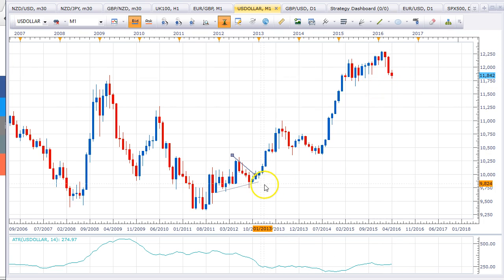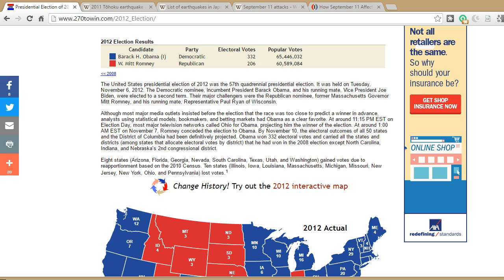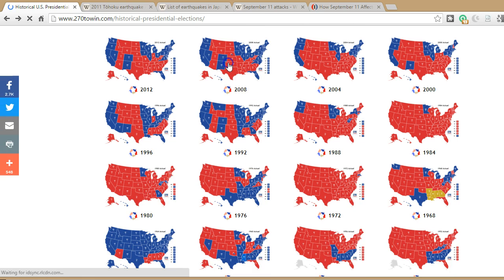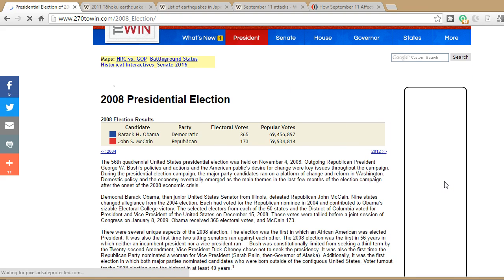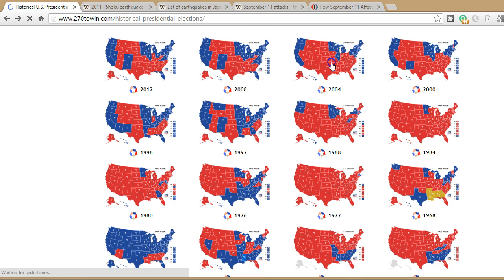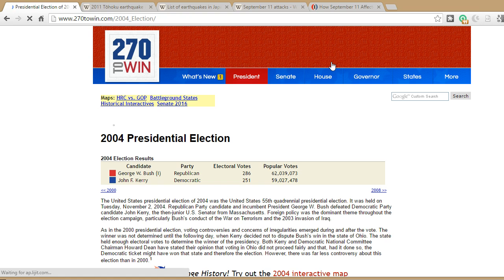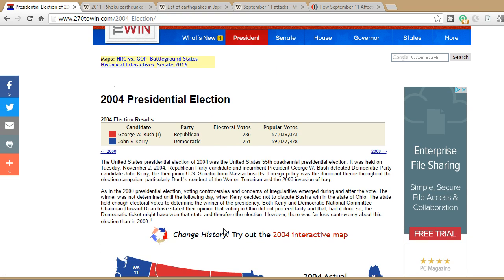Well, we don't know that, because even if you did this exercise through all the different elections, which we could actually go into now, if I just went back and looked at another election, the 2008 election, let's say. So who won 2008? It was indeed Barack Obama again. And let's go back further, to another candidate, 2004. So we have George W. Bush.